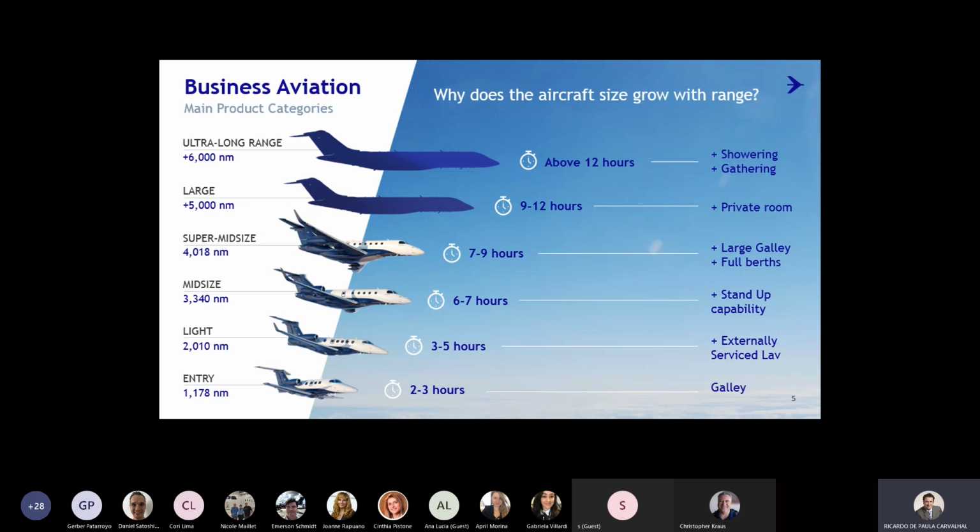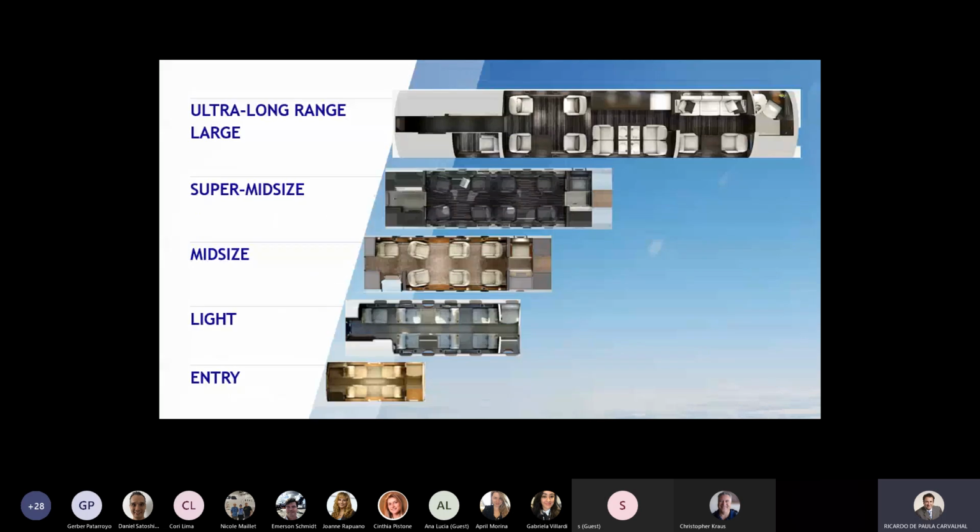And above 12 hours, you see things like a shower, a private space where you can sleep, and even spaces for gathering, right? Because the whole thing starts to get a bit boring when you go beyond 12 hours. So cabins are designed, or the different categories we have are designed, around the needs, physiological, even psychological needs, of people when locked inside those machines for that amount of hours, okay? And this defines all the categories we have